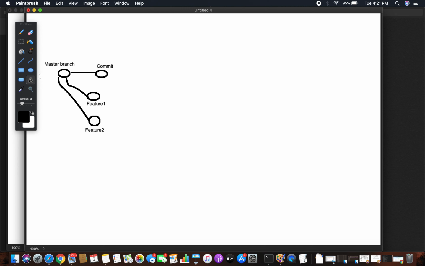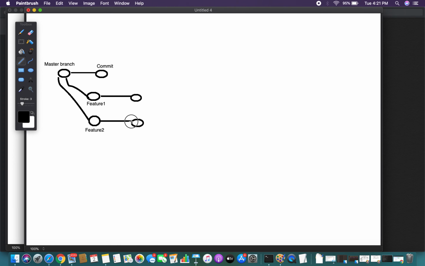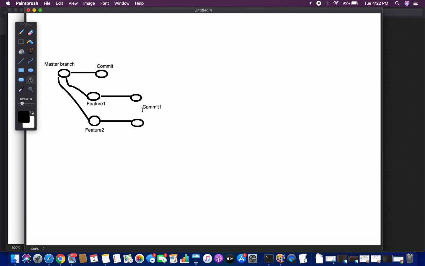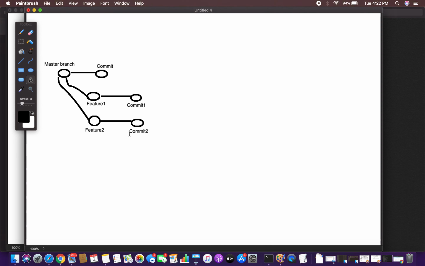At the same time, assume the feature branches are also updated and the other people are working on these branches and doing their commits. Assume this is commit 1 on the feature branch, and this is commit 2 on this particular feature branch.